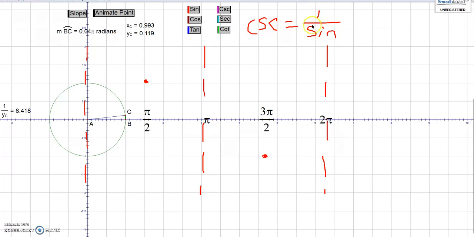Now, there's no way to make cosecant equal 0, because there's no way to make this fraction equal 0. There's going to be no x-intercepts throughout here. So very similar to secant, I'm going to see a bunch of U-shaped ideas as I graph cosecant. From this point right here,